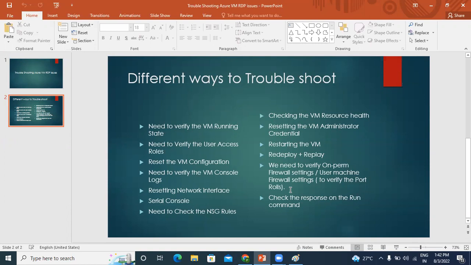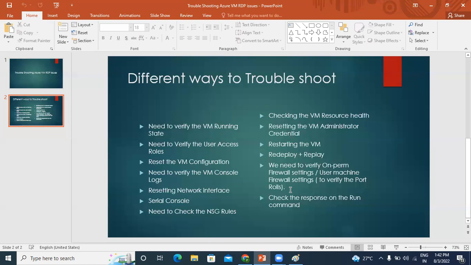So we need to verify the firewall settings, whether the RDP port has been enabled on the on-premise firewall, as well as on any firewall we have created on the Azure side. And if all the settings are fine,